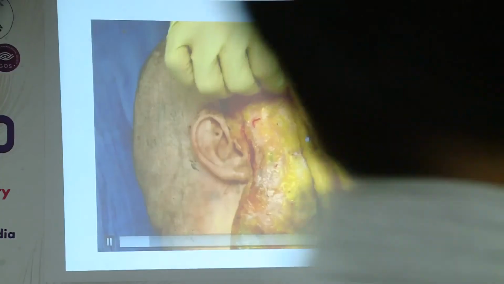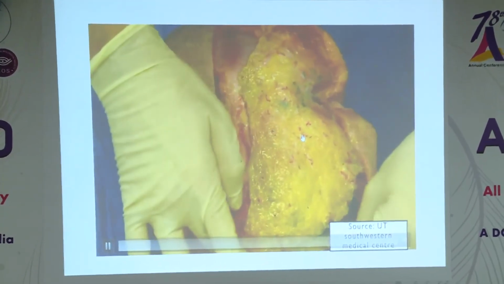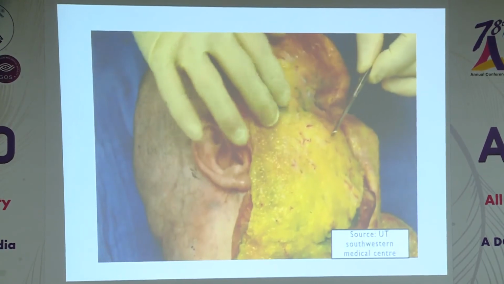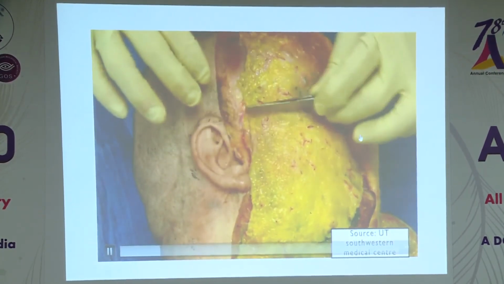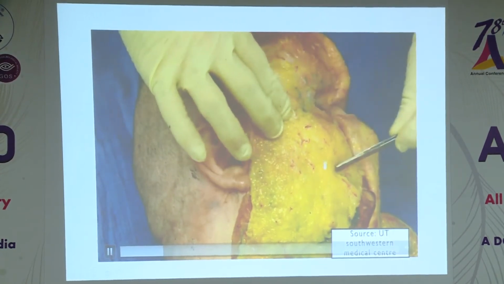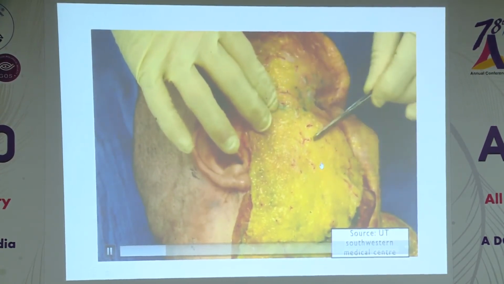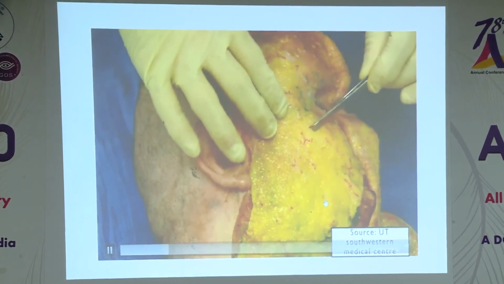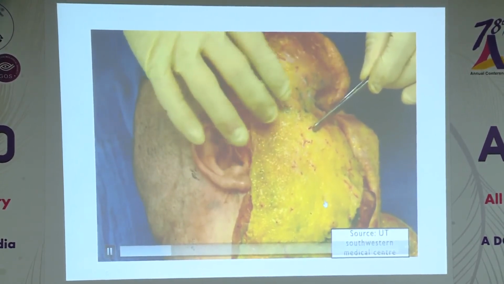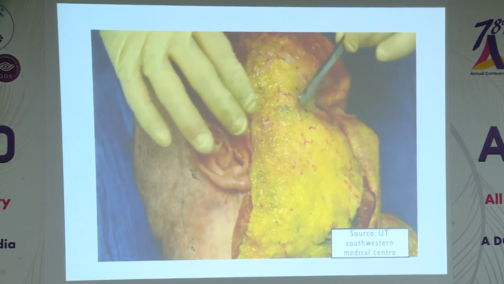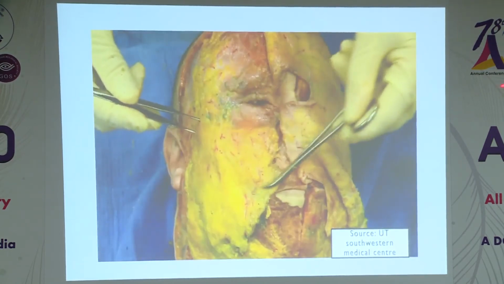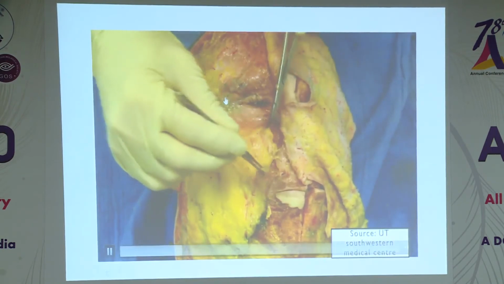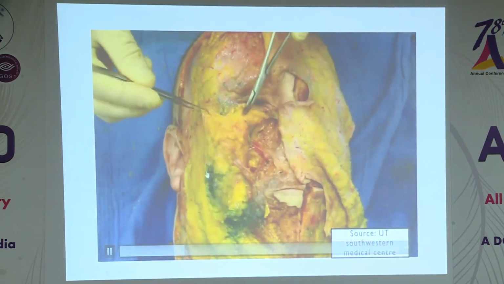So be careful of, again it lies 1 finger breadth above the brow. Be careful when you are injecting in the temporal area. When we lift the skin and subcutaneous tissue, below this are the fat compartments which give the contour of the face. The fat compartments superficially are connected with the mimetic muscles of the face. The platysma in the neck, the SMAS in the cheek area or the midface, and the frontalis muscle above.